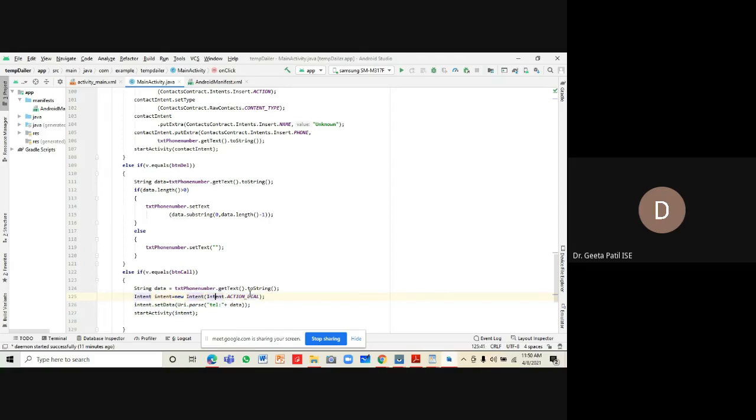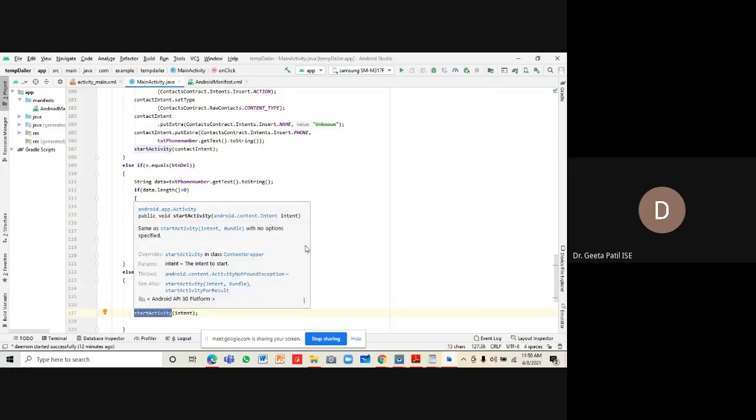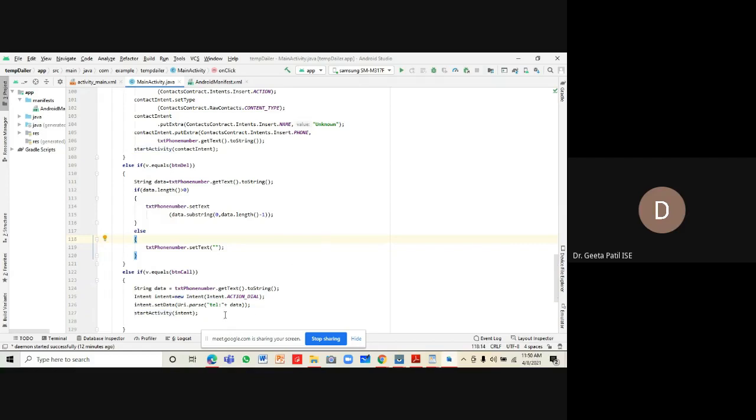To make a call, the dialing application is required. So that is what is being called by this start activity. And before that, we need to pass the data. What is it which we need to dial? We need to dial telephone with this particular data. And start activity will call the activity which is required for making the phone call.